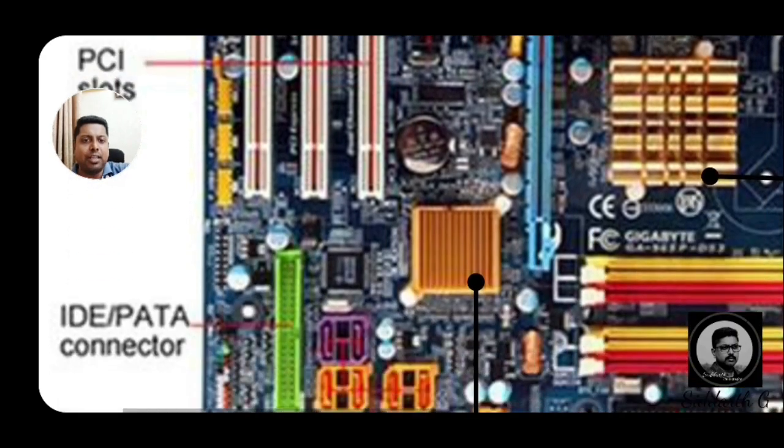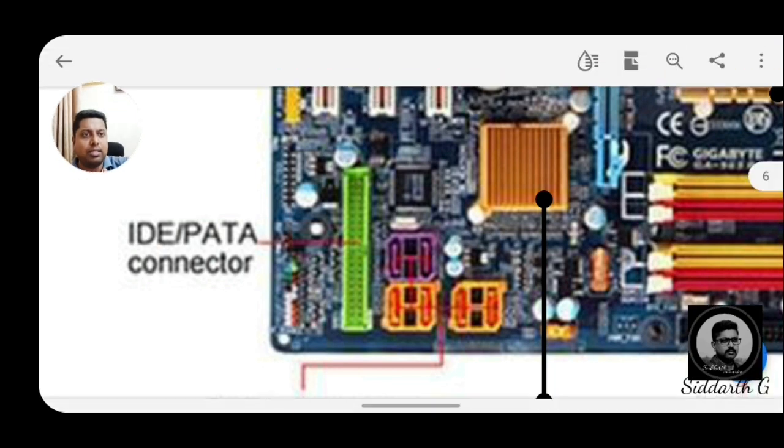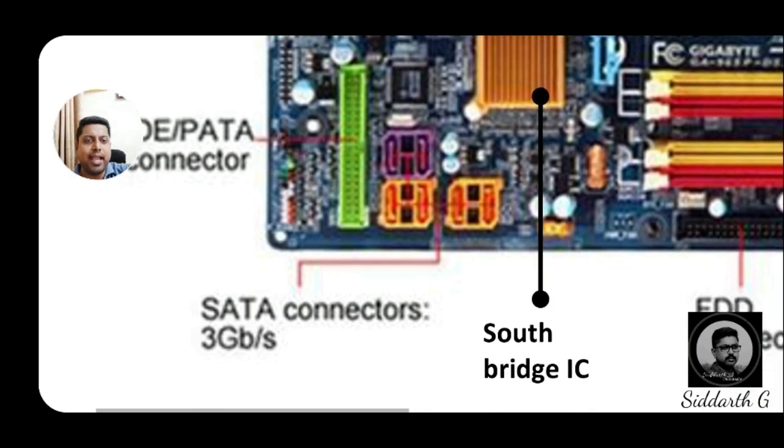Then after this, IDE connectors. If you are observing on screen, that green color part is the IDE or PATA connector, integrated digital electronics connectors. Then SATA connectors.